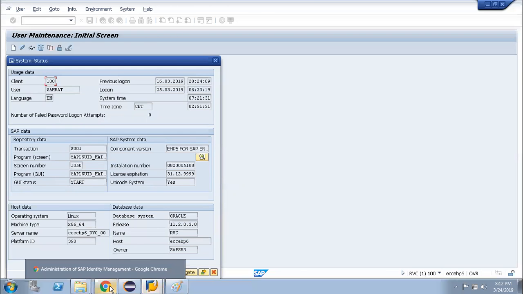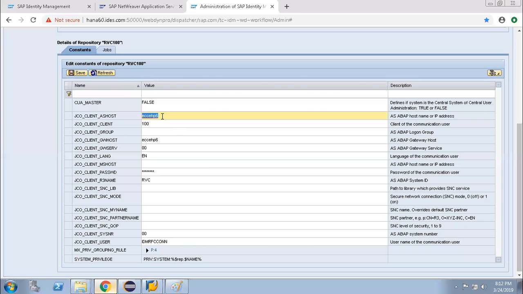One second, let me check. Security host SMGW. Try 01.